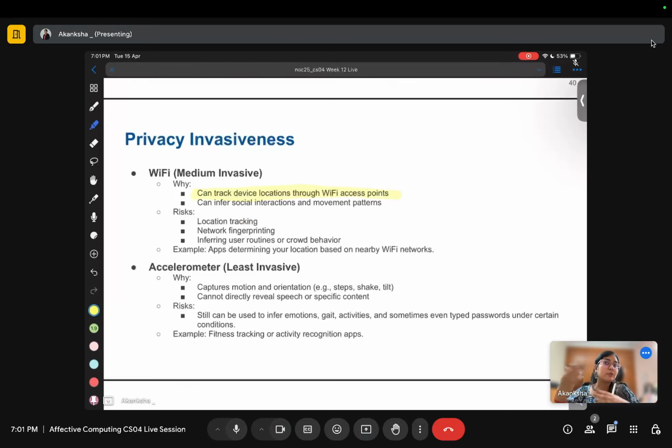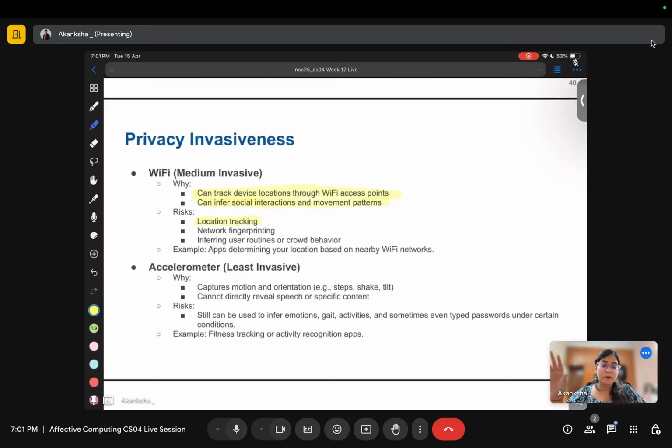Let's say police is tracking your phone. If it is connected to some network, it can be traced. The present location or the past location can be traced. So it can infer social interaction and movement patterns. Let's say I observe your Wi-Fi data. Every morning it starts with some place, and then through the whole day it is connected to some other network, and then in the evening it connects back to your earlier network.